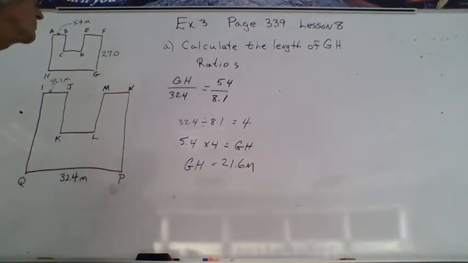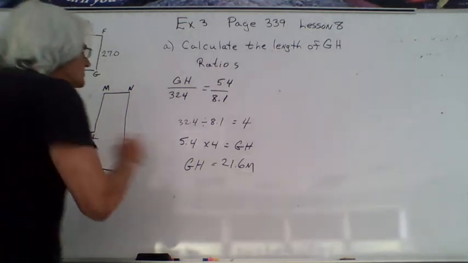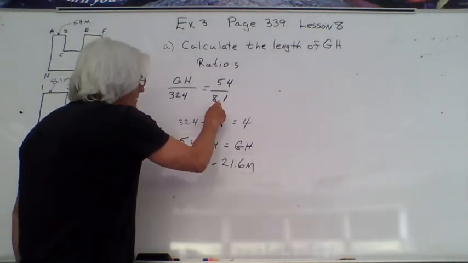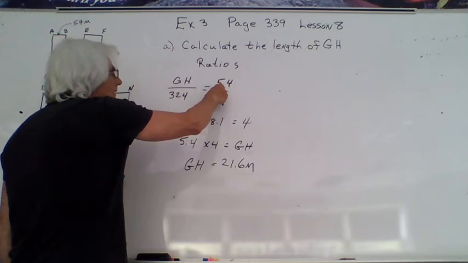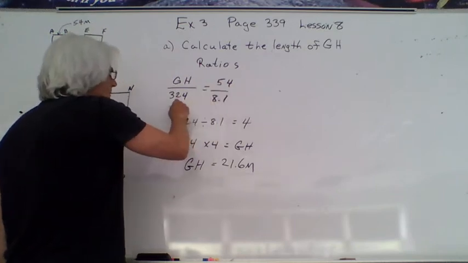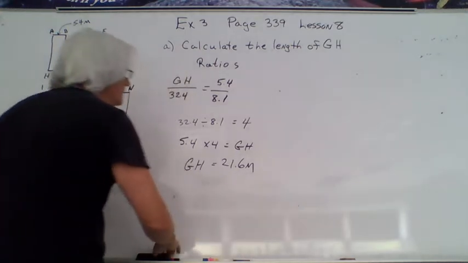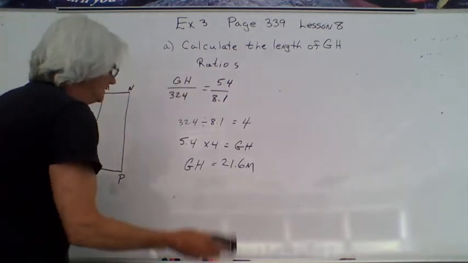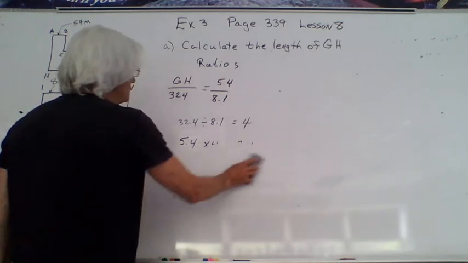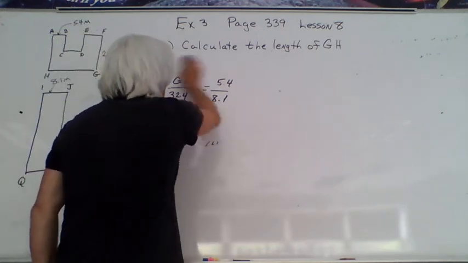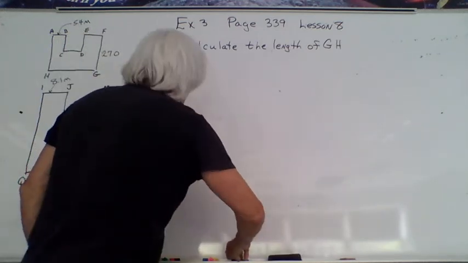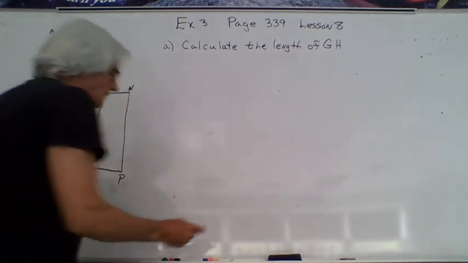So there's three different ways you can do it. You can do the same thing by looking at the 8.1 and asking what you need to do to turn it into 5.4, then do the same thing to 3.24. So there's lots of ways to do the question. So that's the A part of that example. The B part